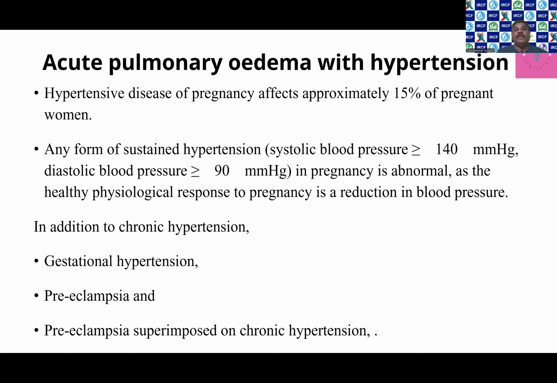So, regarding acute pulmonary edema with hypertension, approximately 15% of pregnant women will suffer acute pulmonary edema with hypertension. Any form of sustained hypertension, that is systolic more than 140 or diastolic more than 90 in pregnancy, is abnormal, as a healthy physiological response to pregnancy is a reduction of blood pressure. Usually in pregnant patients the blood pressure reduces, but if the blood pressure is 140/90, you can diagnose hypertension. So, in addition to chronic hypertension, gestational hypertension and preeclampsia superimposed on chronic hypertension are the risk factors. So, other factors are